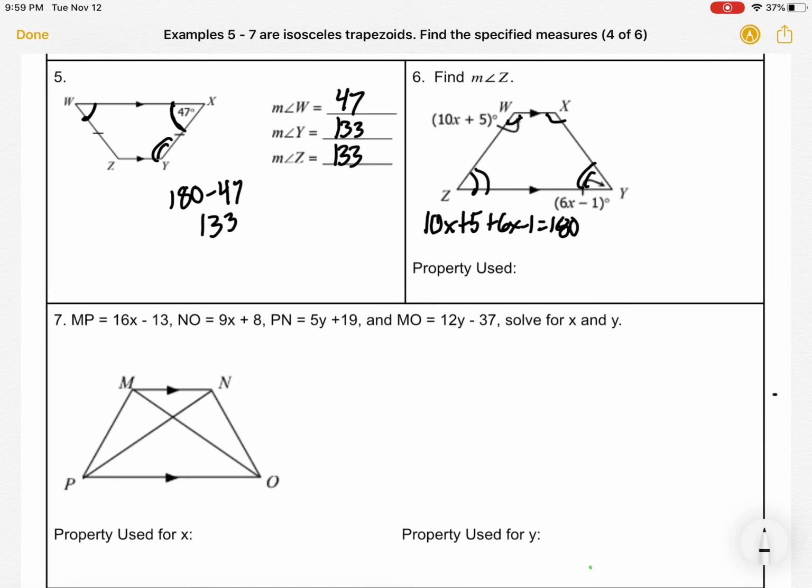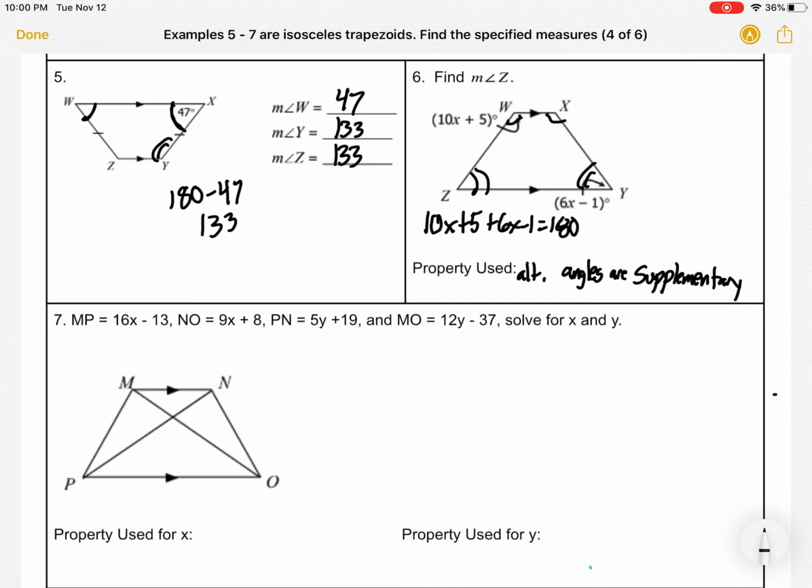So property, I would just recommend going back through what you did. If it adds up to 180, you should know that that means something is supplementary. Okay, what are those? Those are angles. So some kind of angles are supplementary. Then you think, well, how are those angles related? They're on opposite sides, so you could say alternate angles are supplementary. And even if you said opposite angles are supplementary, that would be good enough as well to get all the